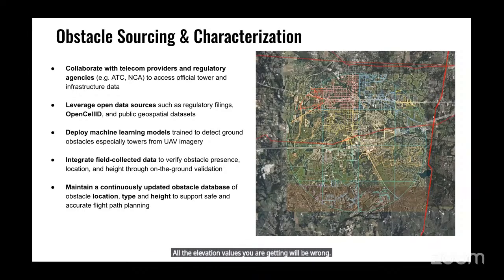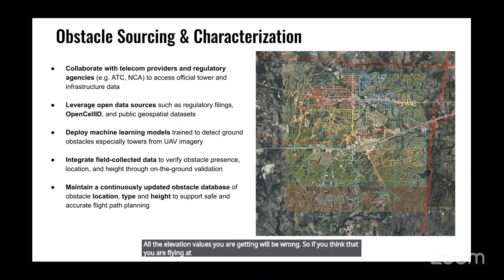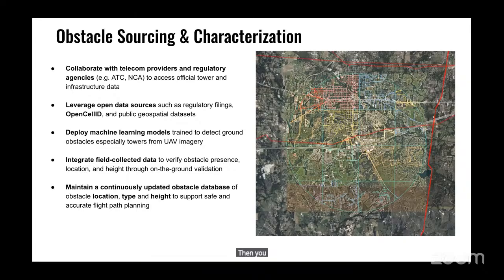So if you think that you are flying at 200 meters, you might be flying at maybe 190 meters, and that can be a bit dangerous, depending on where you are flying and the offsets that you are getting. So yeah, I can think of a case where we had one of those issues,